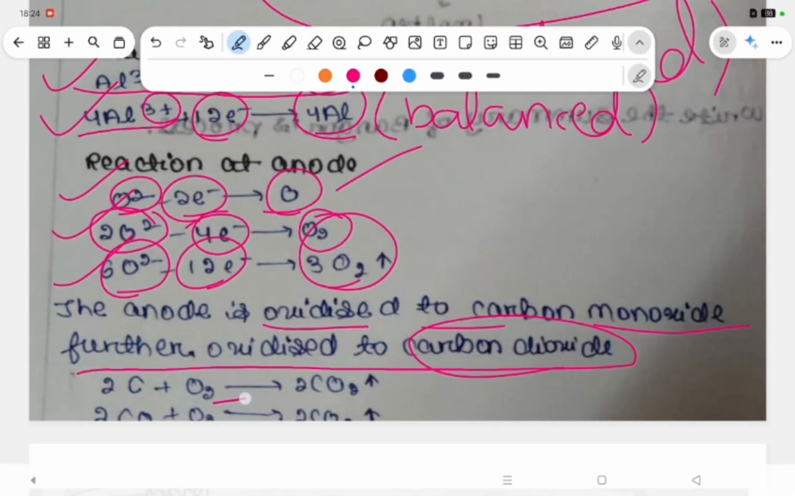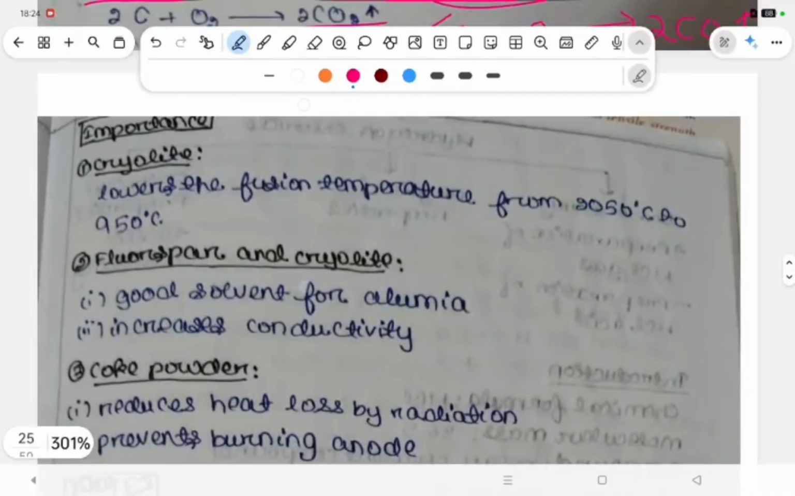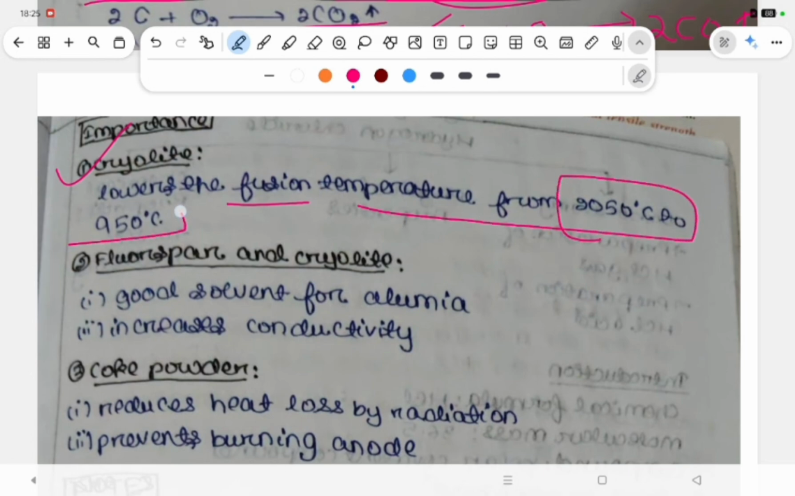2C plus O2 gives 2CO. Then 2CO plus O2 gives 2CO2 in the form of gas. Important: cryolite lowers the fusion temperature from 2050 degrees Celsius to 950 degrees Celsius. Fluorspar and cryolite are a good solvent for